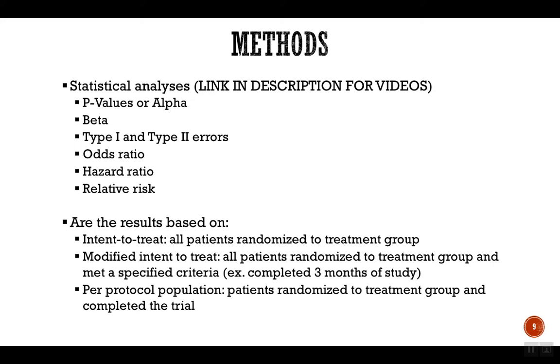Now, a strong trial is usually the one that utilizes the intent to treat population in the results. So they include all patients that were randomized in the trial. And this is very important because if you compare it to the per protocol, where they only include patients who completed a trial. So let's say the trial is 3 years long, right? A lot of patients may have dropped out, right? So in this case, for per protocol, they didn't include these patients. But in the intent to treat population,